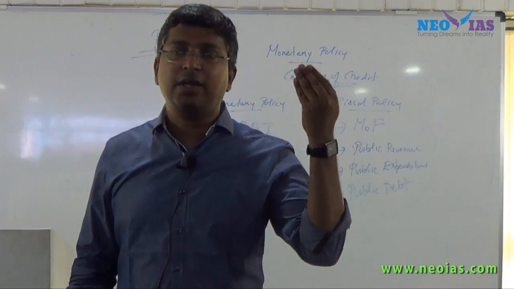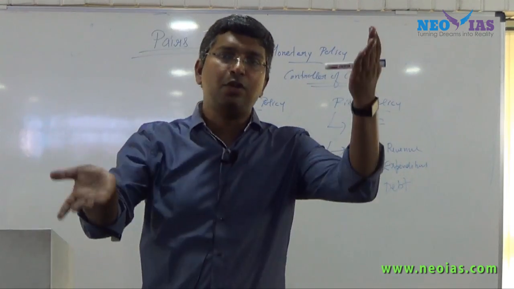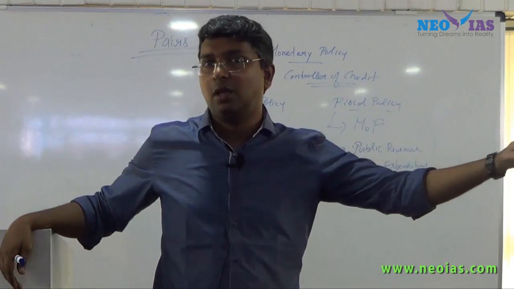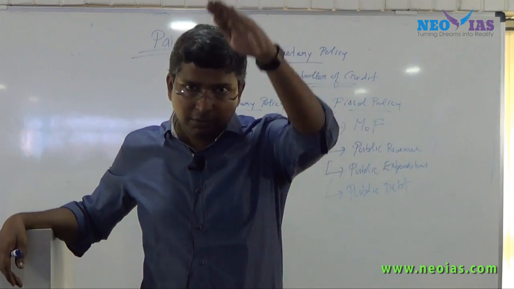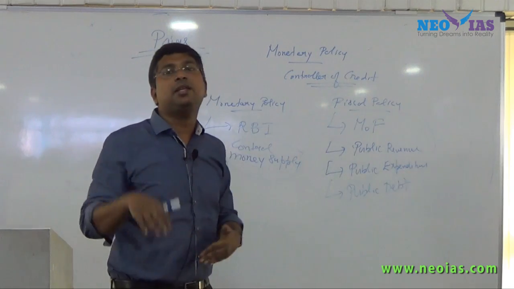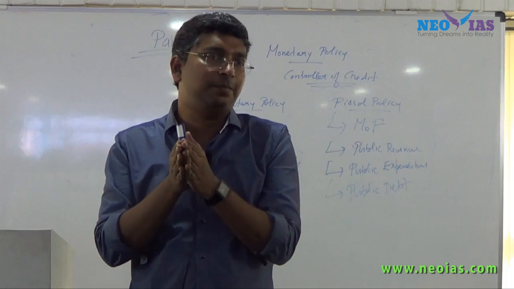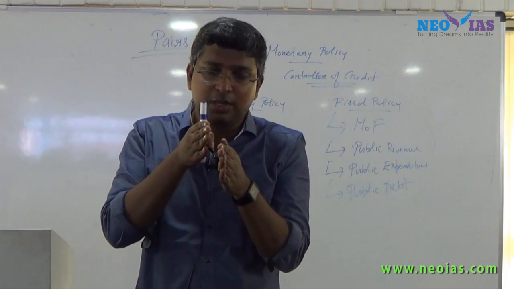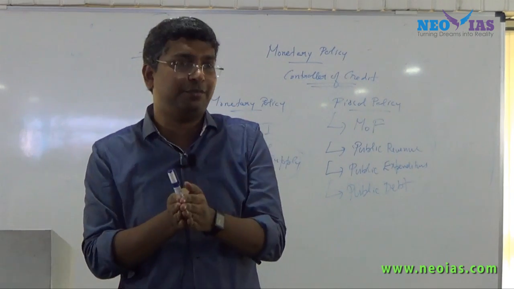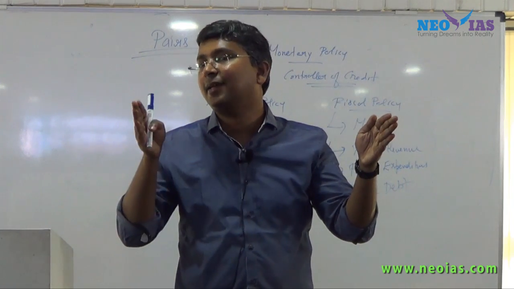From where to raise the fund, that is revenue. From where to spend it, that is expenditure. And once there is a mismatch between revenue and expenditure, the finance minister will borrow. All will constitute the fiscal policy instruments. Monetary policy is everything related to money supply. Both have to go together to attain the twin objectives of inflation control and economic growth.